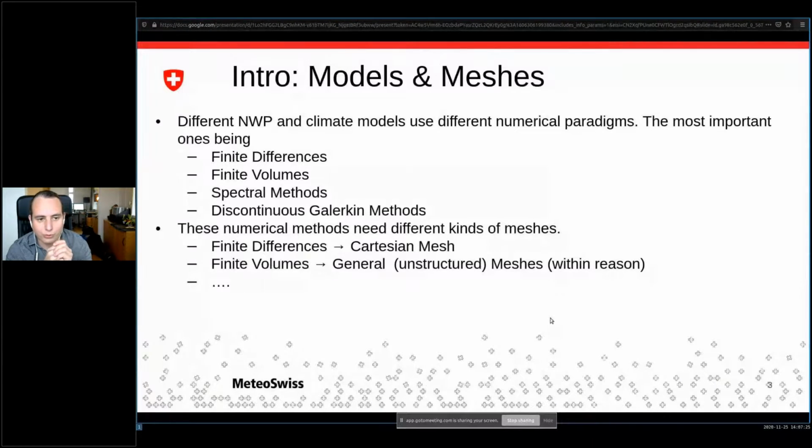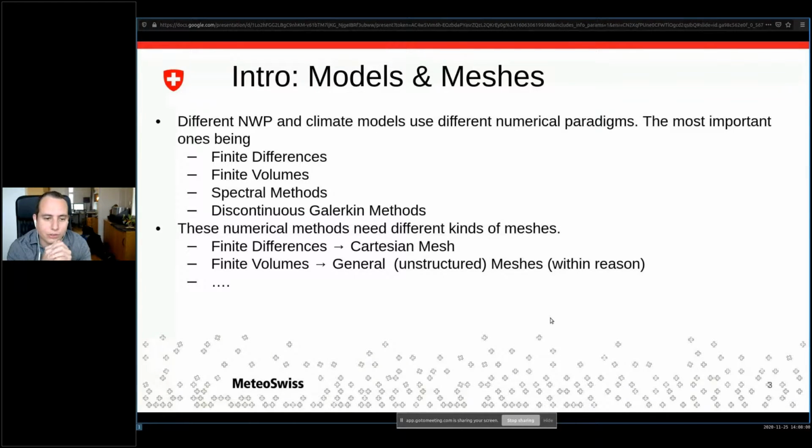And currently, probably more widespread, there are the finite volumes. There are also spectral methods, and I believe we have also seen in the Cyclone presentation some material about more modern methods like the discontinuous Galerkin methods. It doesn't matter that much right now how each of these methods differ or what exactly they do. However, what I would like you to understand is that depending on which numerical method you support,